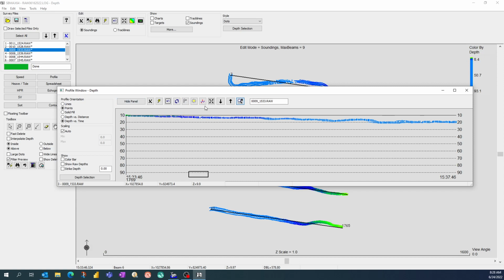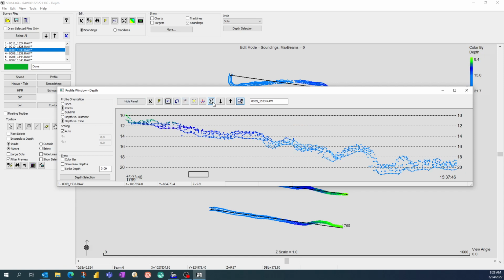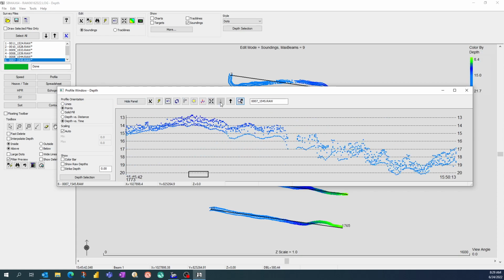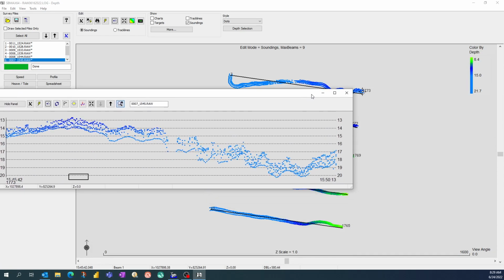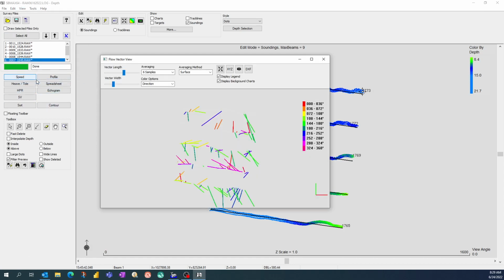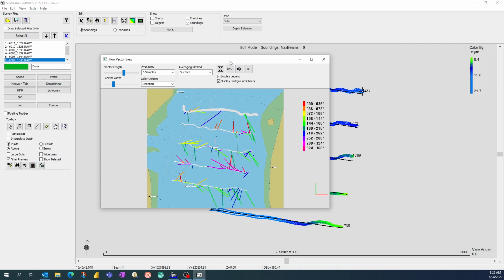And now if we look, that one looks good. All of my profiles look pretty good. But for flow specifically, you'll notice there's no button here. You have to go to View, Flow Window, and it gives me the option here